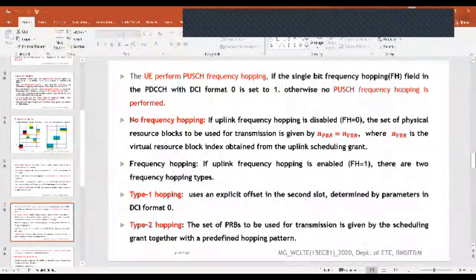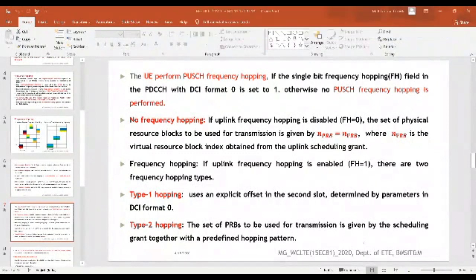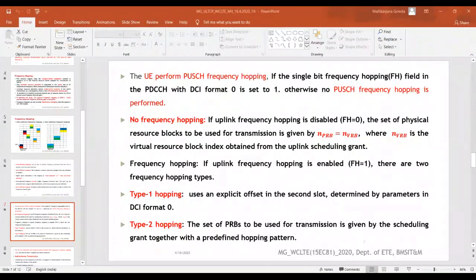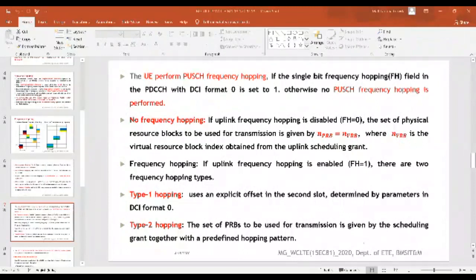So if the frequency hopping field is enabled, then there are two types of frequency hopping. One is type 1 hopping. This type 1 hopping uses an explicit offset in the second slot, that will be determined by the parameters of DCI format 0.